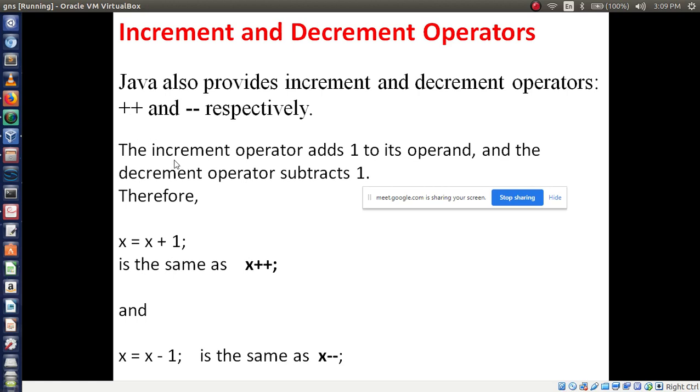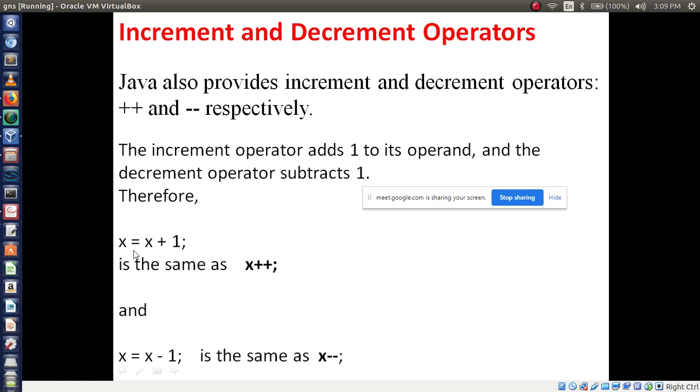Increment means the operator adds 1 to its operand, and decrement means it subtracts 1 from the operand. Incrementing means adding 1, decrementing means subtracting 1.